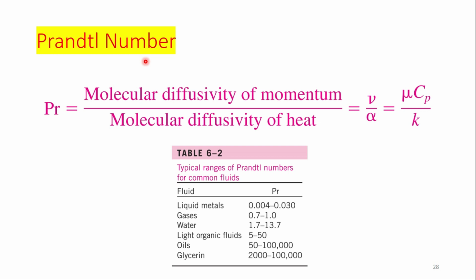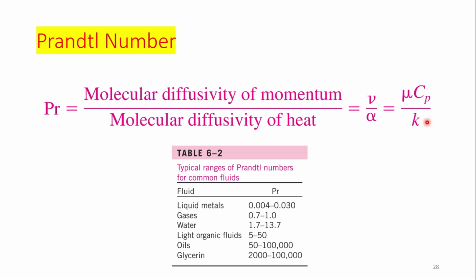The relative thickness of the velocity and the thermal boundary layers is best described by the Prandtl number, and it is basically defined by the ratio of the molecular diffusivity of momentum, which is represented by mu or small v, and the molecular diffusivity of heat, which is alpha. If we open these two parameters, we will have the dynamic viscosity, Cp, the heat capacity, divided by the